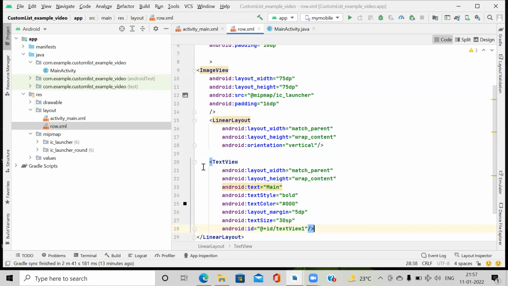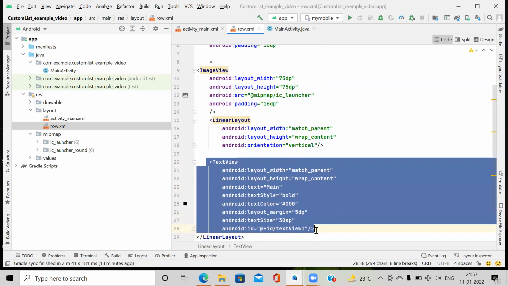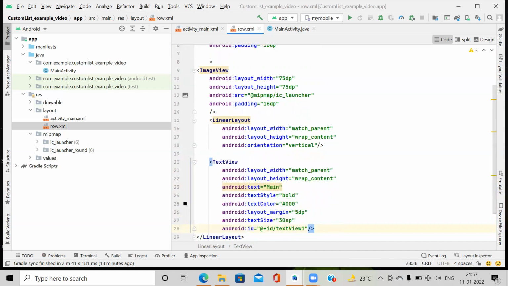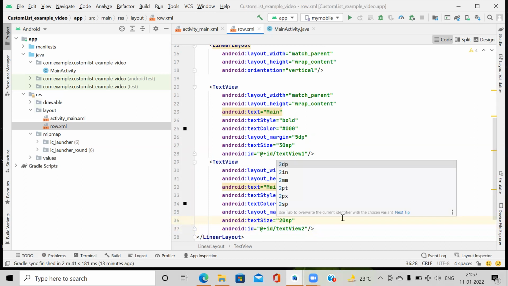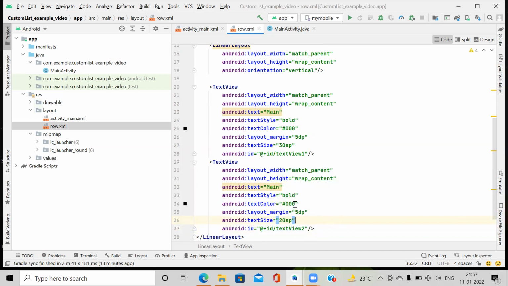The same text view we copy, and just change the id. Here we set it to 20 sp. Margin in dp. And color, we change the color. This is the hexadecimal code. Here we close the linear layout. The ID we change, margin.